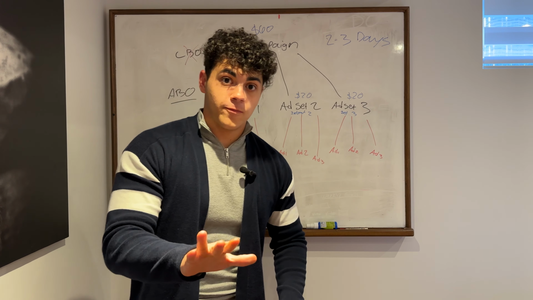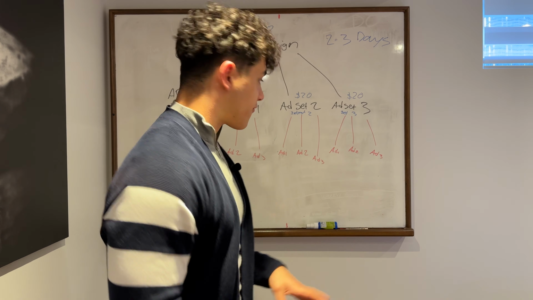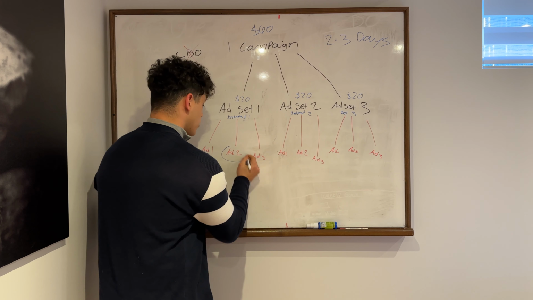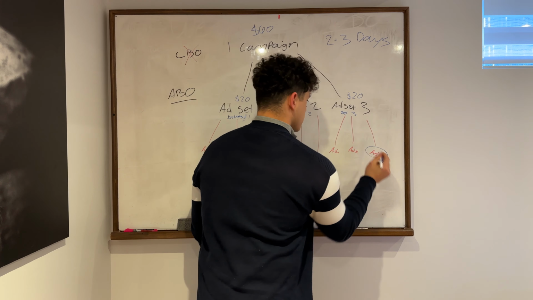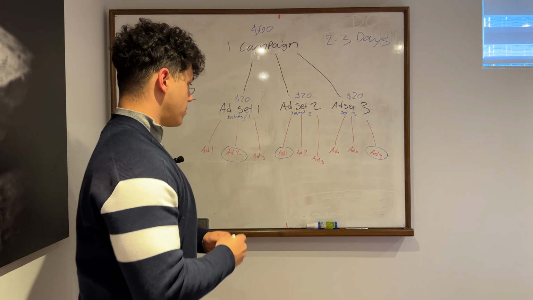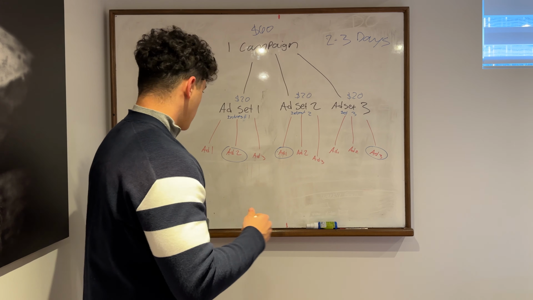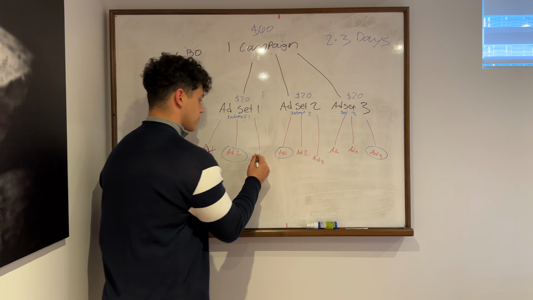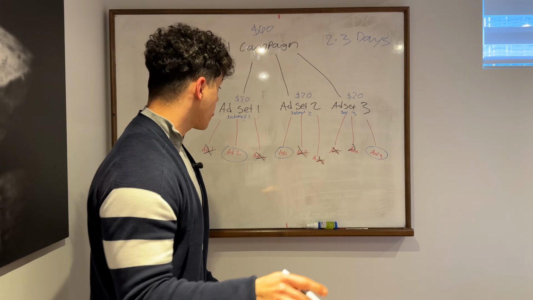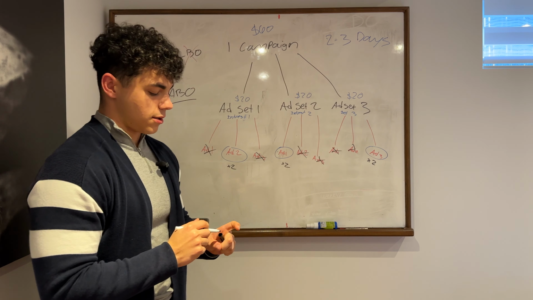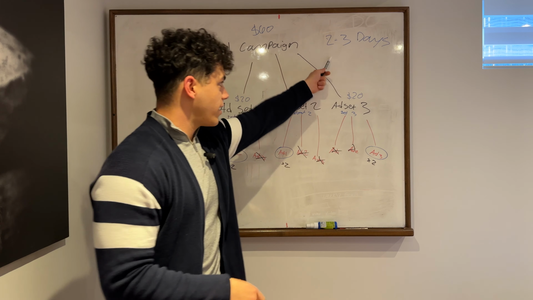If you're profitable, this is how it's gonna go, right? So if you're profitable, let's say this one's profitable, this one's profitable, and this one's profitable, right? The other ones are scrap, okay? You're gonna cancel these, so scratch these out, cancel these, stop running them because you're losing money with them. What you can do is just double the amount you're paying. And then, again, you have to wait